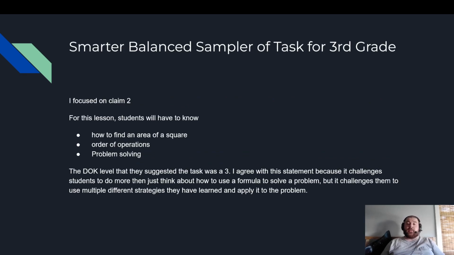And then the Smarter Balanced sample task for third grade, I focused on Claim 2, and for this one, it was all about this person. He had a certain amount of tiles that each fit a certain area, and he wanted to fill a closet which was a certain area with these tiles. And so, one, students needed to know how to find the area of a square because it used that quite a bit throughout that lesson. Two, order of operations, because